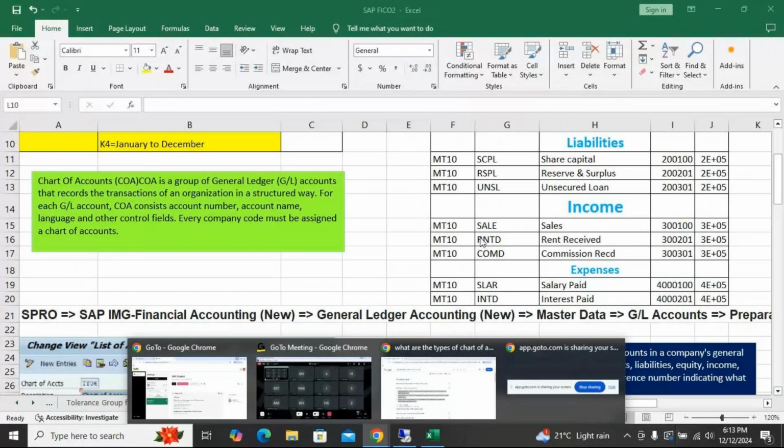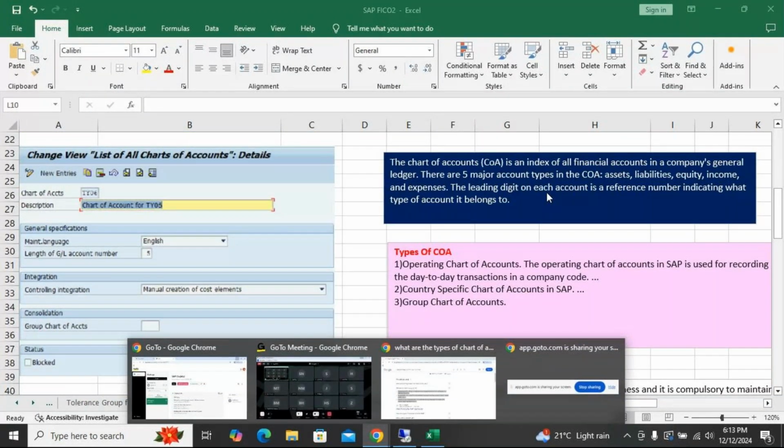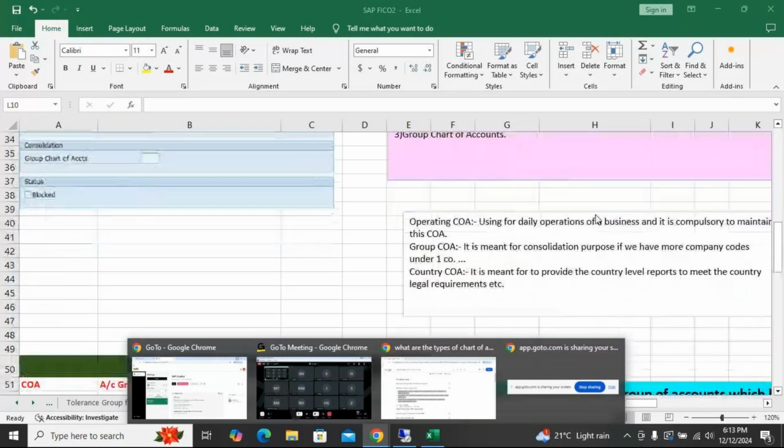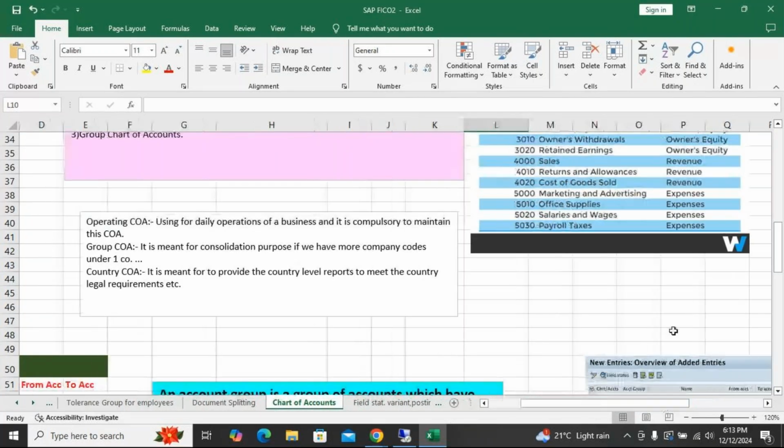You can give some examples. What transactions are we basically doing in business? Yes. So daily operations of the business, and it is compulsory to maintain this chart of accounts. Every business has daily activities like purchase, sales, deposits, withdrawals, receipts, and payments. That is taken into consideration.